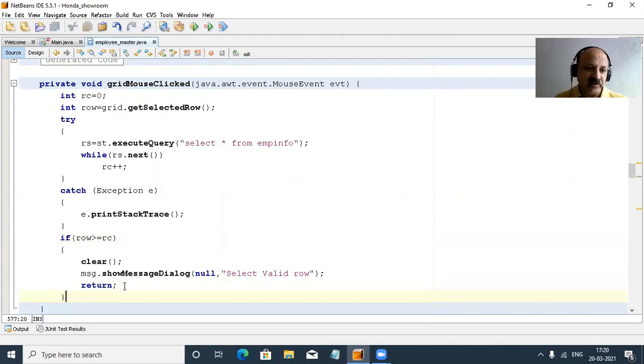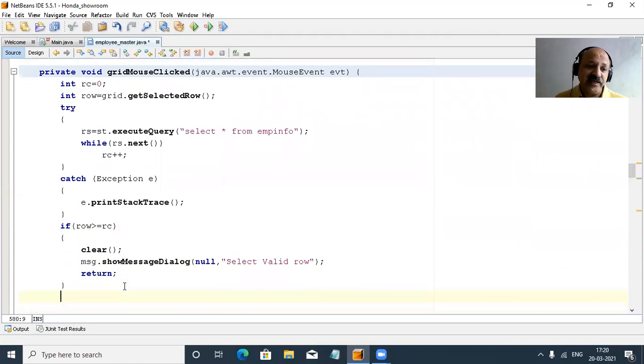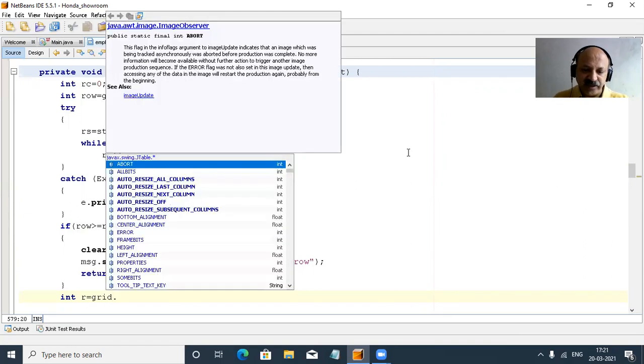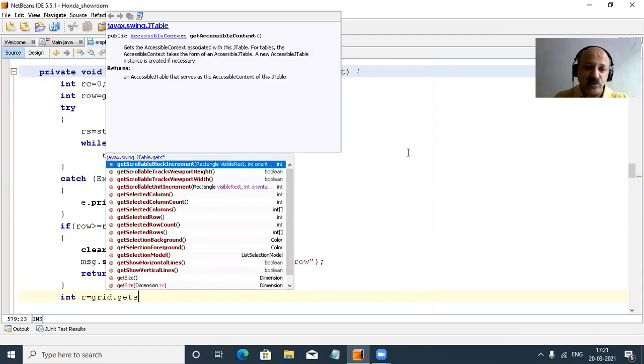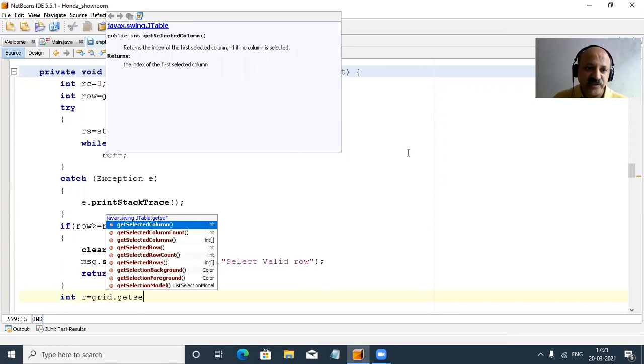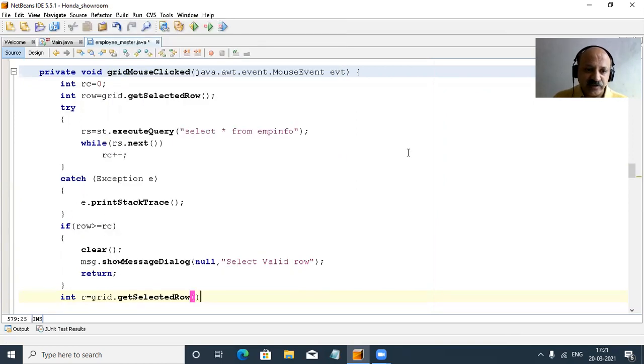So that works perfectly. And now we can select the user. We can show that the user selected the row, so we can put the validation code before our actual code, which is the perfect way. Then we can give the code here, and I can take R, which is a row, and the same method, so that is a grid, the JTable, and getSelectedRow, the same method we used above. The return type is integer.